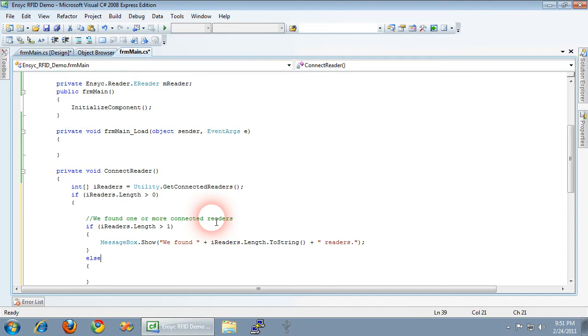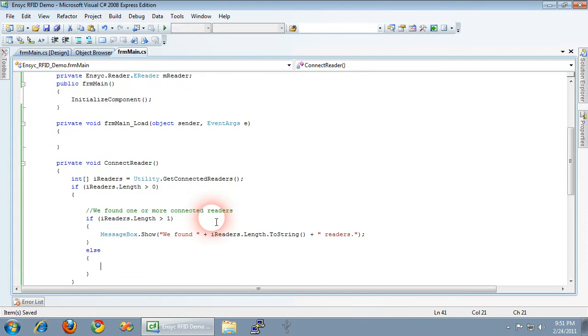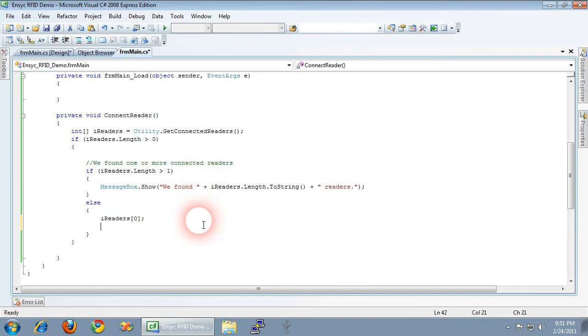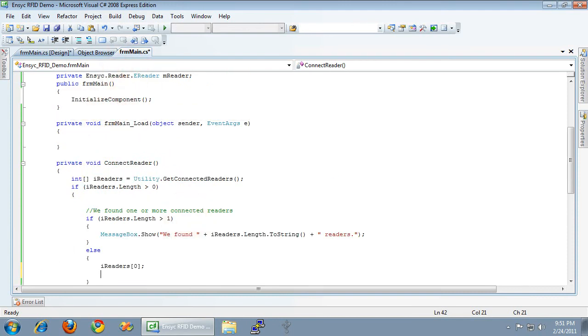Okay, so you want to handle that error properly in case you find more than one, or sometimes this is what I do, simply connect on the first available port. So now what you want to do is declare the instance of your mreader object that you created before. So now mreader is equal to